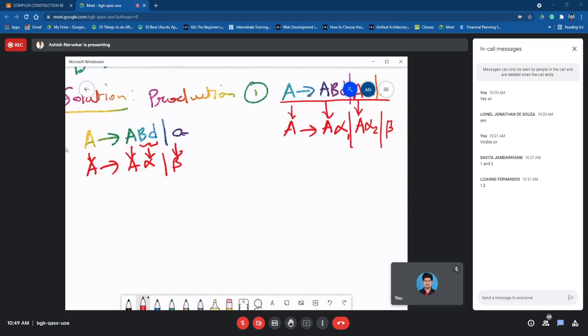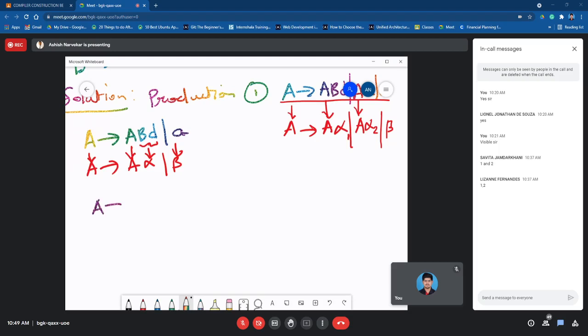So please see that whatever I am writing here in red, it is just for illustration. That is for you all to easily understand what it is. Please do not consider it as a part of the solution. So when you are noting down, the way I am writing it in a different color, you all can write it in a different color so that you don't mess it up and get confused later when you are studying. Okay. So now having understood this, we just need to rewrite it.